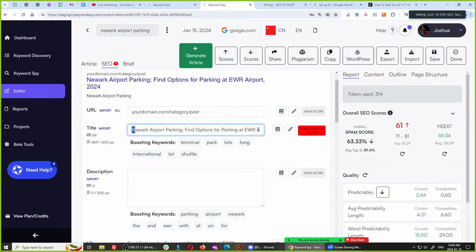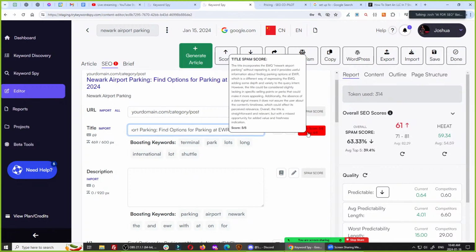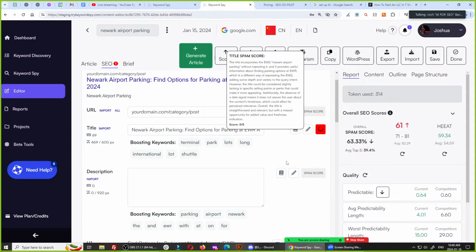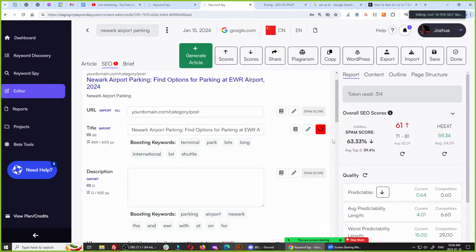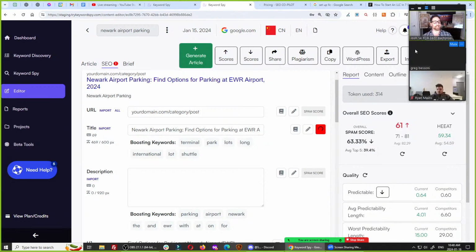Also, I might have used this example in the training set, which is another reason why I gave it such a bad score. That is entirely possible. So let me do the spam score again, now that I put the date in, and see what it changes. But at least you saw that the average was 4 to 5, and you know what the spam score is going to be for your competitors. So you know you can be less spammy than them. And knowing what the query intent is and knowing what's going to be less spammy is exactly what Ryan was talking about for what you need to watch for.